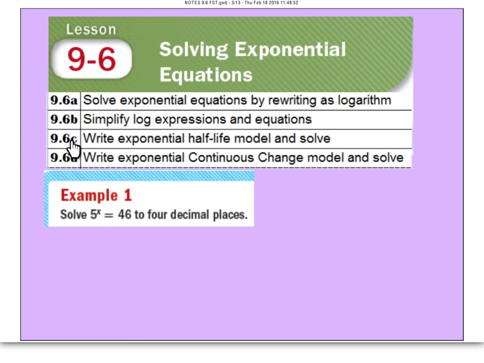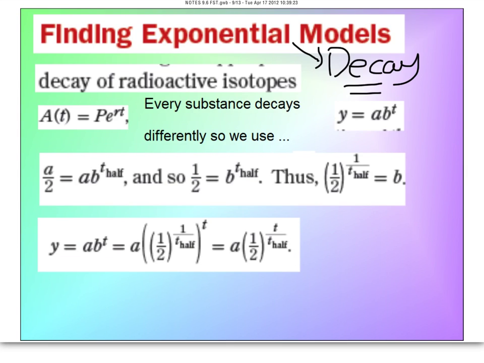Learning Objective C, we're going to write exponential half-life models and solve. Now, what we're going to talk about for half-life is this. Half-life models are really finding exponential decay models. So things that decay in half. In nature, when things decompose, they slowly whittle away and they may cut themselves in half as they go throughout